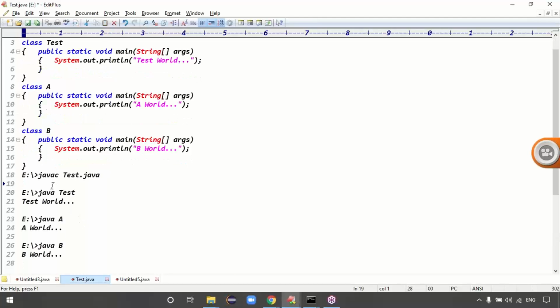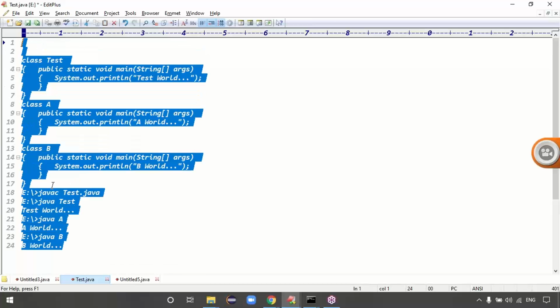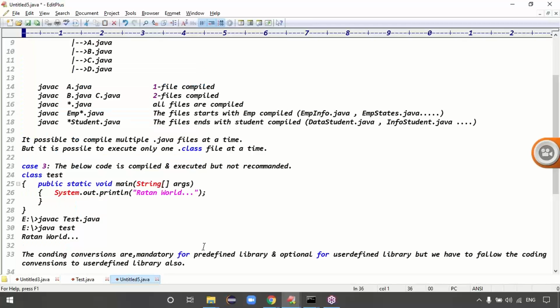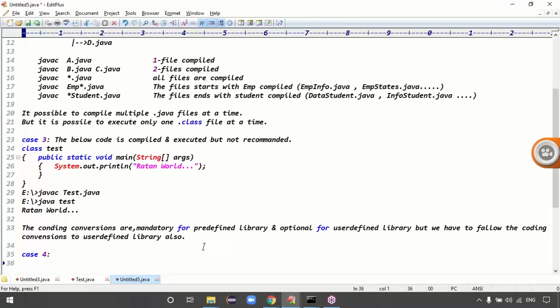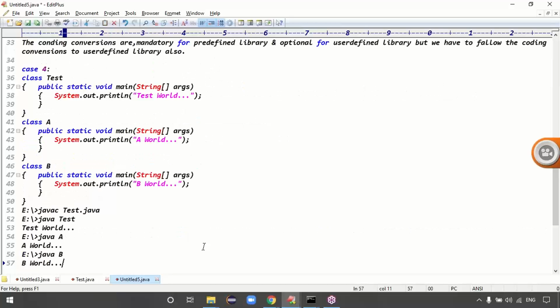Are multiple main classes allowed or not? Definitely it is allowed, right? But at runtime, how many classes can I execute at a time? Only one class, right? If at runtime I can execute only one class at a time, then what is the need of taking 3 main classes? There is no need, right?